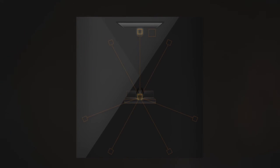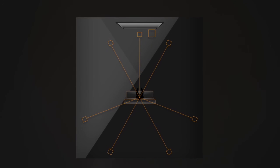For all setups, ideally, the distance between each speaker and the main listening position is the same. Connect the